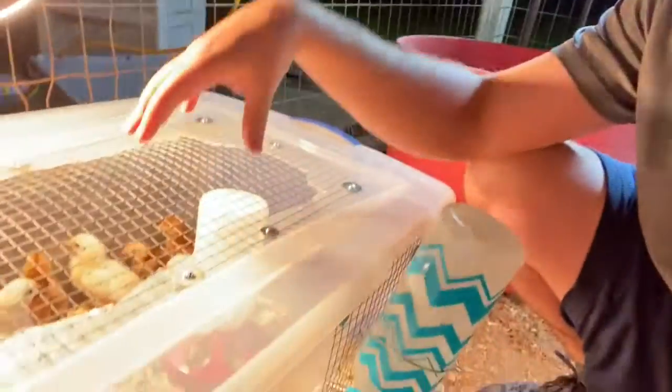I mean, it was really nice. But I lost a whole batch of chicks, and a friend of mine that was much more experienced with chickens than I was at the time told me that you need to clean your brooder. So I cleaned my brooder, but then it happened again. And so I felt like maybe that plywood was just harder to keep clean. And so I thought about doing another wood brooder, but I just went to Walmart